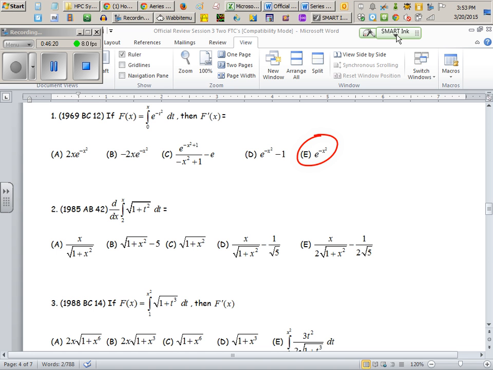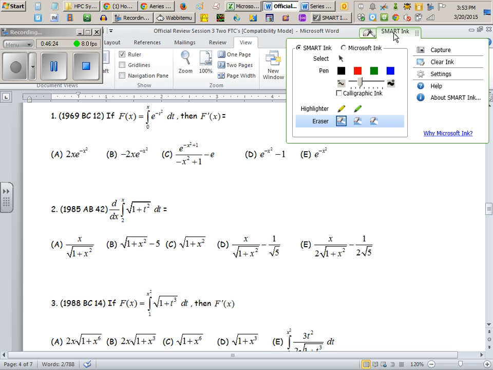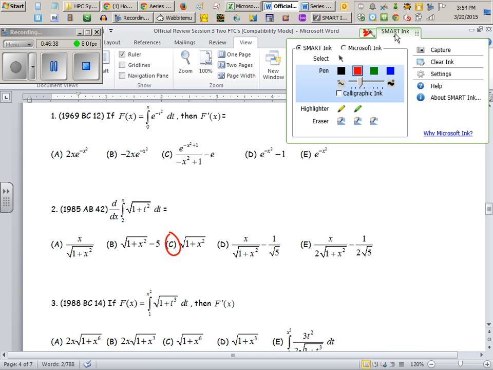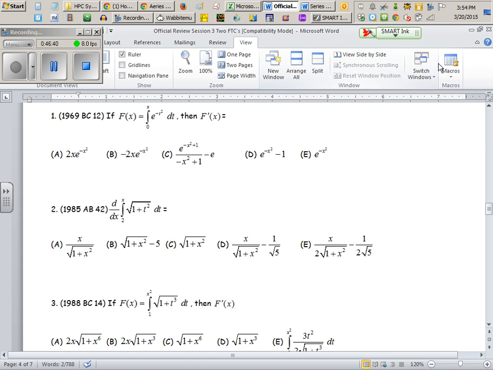Okay, 1985, AB 42. See? You sure about that? Yeah, don't second guess yourself, right? It's 1 plus x squared on the inside of that square root. There's nothing else to do. You know, people get these wrong because they don't review the rules, right? Okay. Next is